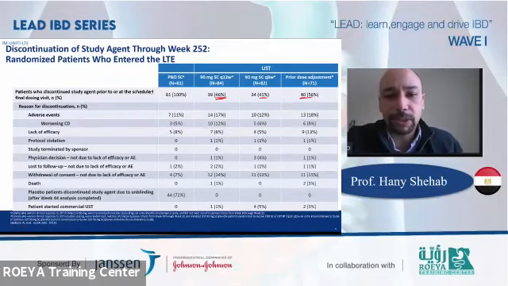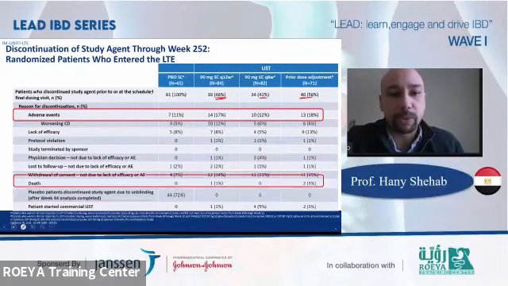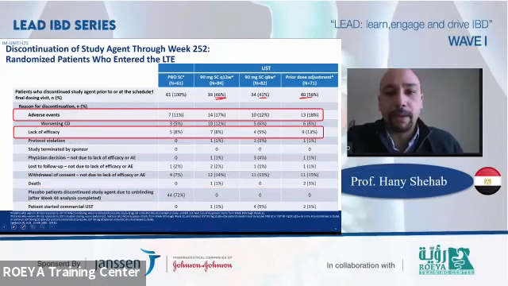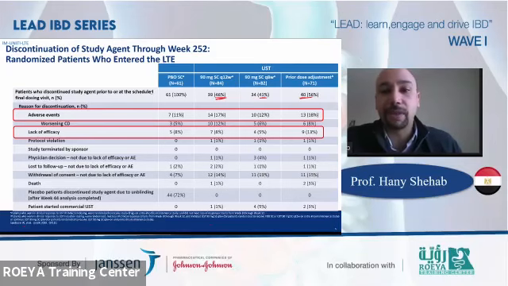But this shouldn't really affect our image, because you have to take into account 2 major points. First of all, the number that's really interesting to us, which are the patients who really fail this drug, is not the number of 40 or 46. It's actually this number,